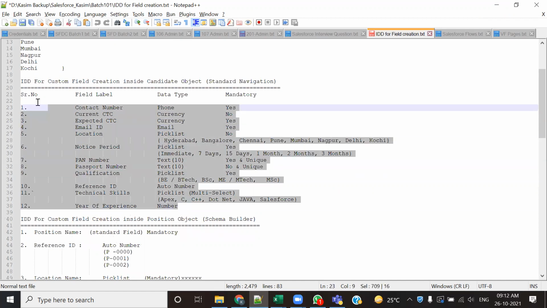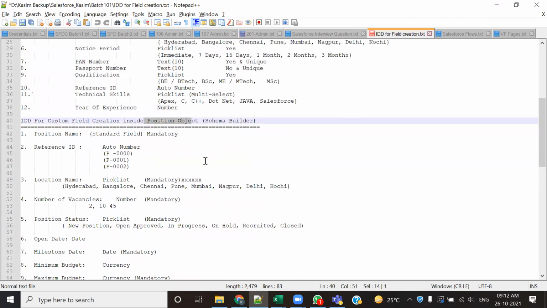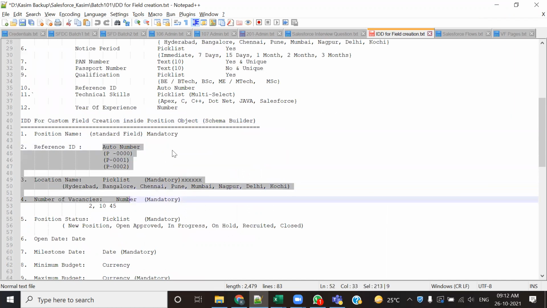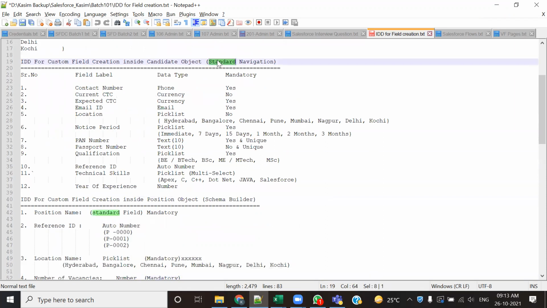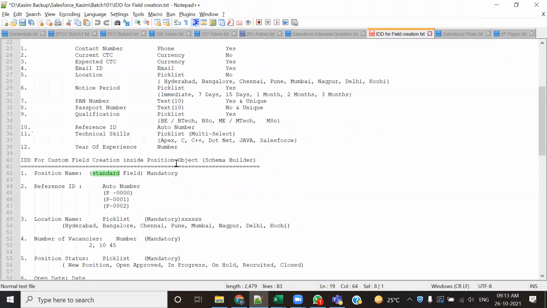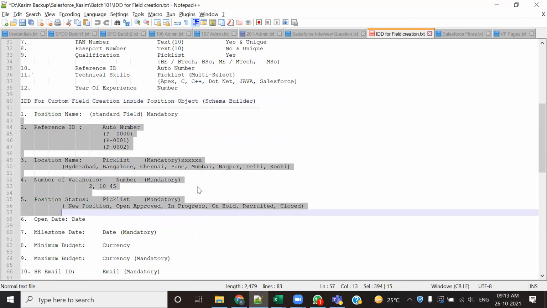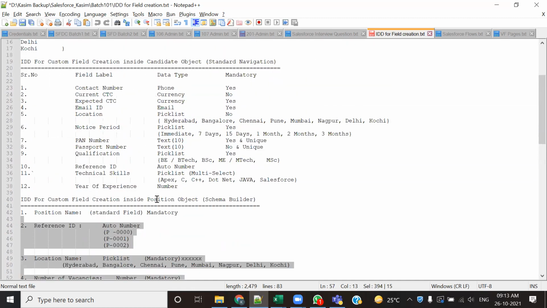और इसको भी मैं स्टैंडर्ड नेविगेशन से ही बना के देता हूँ। उसके बाद मैं लेके जाऊंगा आपको पोजीशन ऑब्जेक्ट पे, जहां ऑब्जेक्ट भी क्रिएट करूंगा स्कीमा से, स्कीमा बिल्डर से, और ऑब्जेक्ट के अंदर फील्ड्स भी क्रिएट करूंगा स्कीमा बिल्डर से। और कल आपको आइडेंटिफाई करने लगवाऊंगा कि आपने देखा कि मैंने ऑब्जेक्ट क्रिएट किया स्टैंडर्ड नेविगेशन से, मैंने फील्ड्स क्रिएट किया स्टैंडर्ड नेविगेशन से, उसके बाद पोजीशन पे मैंने ऑब्जेक्ट क्रिएट किया स्कीमा बिल्डर से, और मैंने फील्ड क्रिएट किया स्कीमा बिल्डर से। तो what is the difference that you observe, कल हम इस पे बात करेंगे, ठीक है।